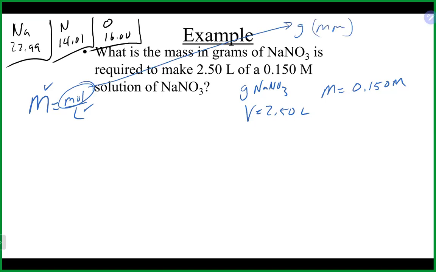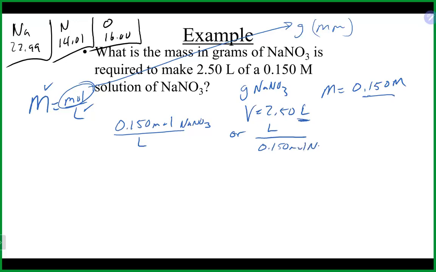So to do this, our units of volume is good. It's in liters. I am going to convert that into a more usable version, which is 0.150 moles per liter of our sodium nitrate. Once again, if you needed to, you could flip it around the other way. And now you can at least see both of the units that are present, so you don't forget about the liters part. So moles will equal liters times molarity,